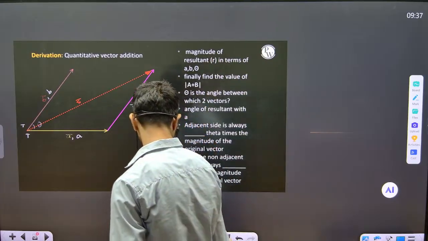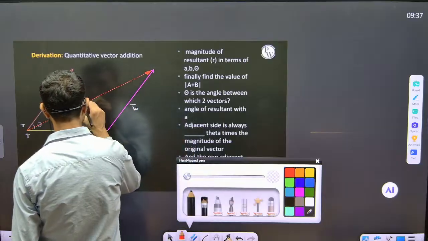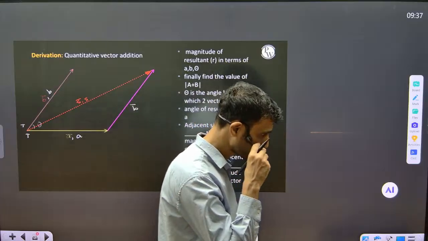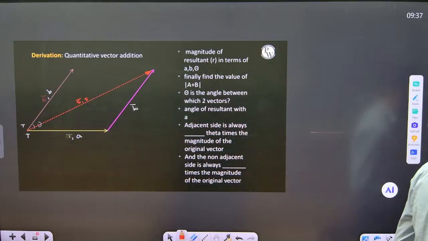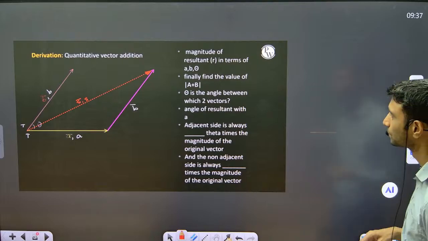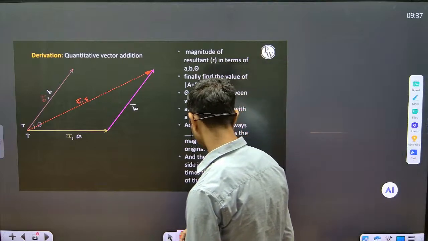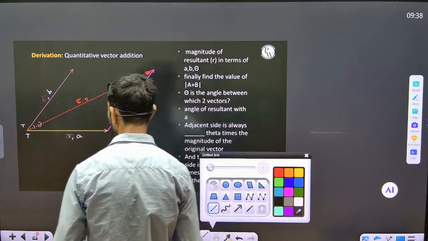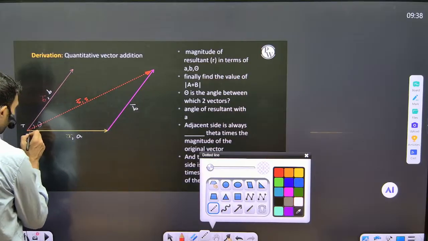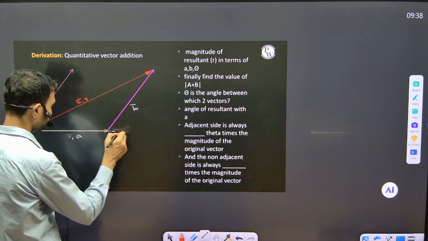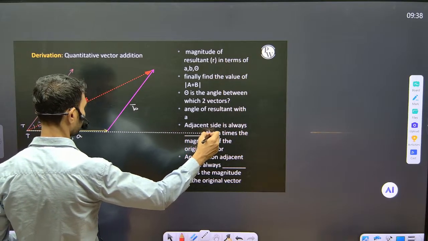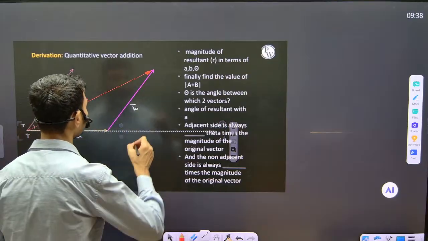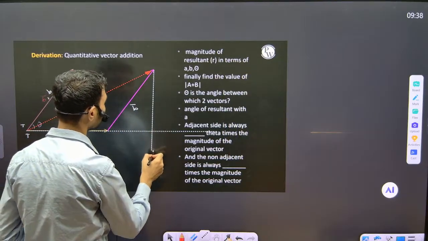We have to find the magnitude of S vector, right? Which is S. We have to find the value of S. So how do we find the value of S? Let's think. How can we do that? For that, I will do some construction like this. Then like this,